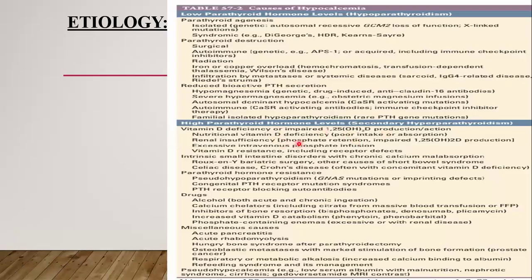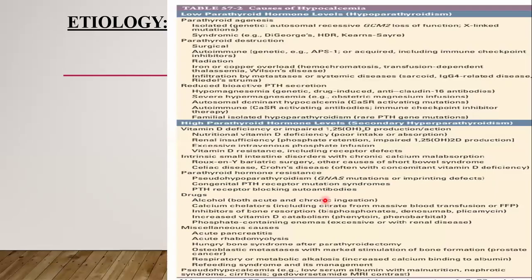It can be nutritional or renal insufficiency, excessive IV phosphate infusion, vitamin D resistance, including receptor defects, intrinsic small intestine disorders with chronic calcium malabsorption after bariatric surgery, short bowel syndrome, celiac disease, Crohn's disease, parathyroid hormone resistance due to pseudohypoparathyroidism, congenital parathyroid receptor mutation syndromes, PTH receptor blocking autoantibodies, drugs like alcohol,